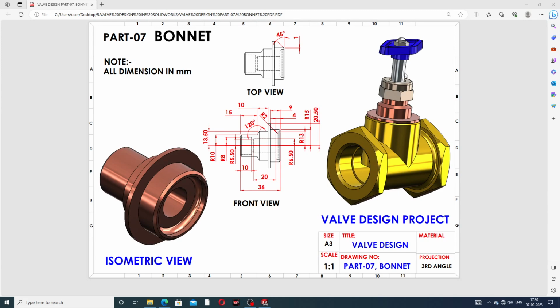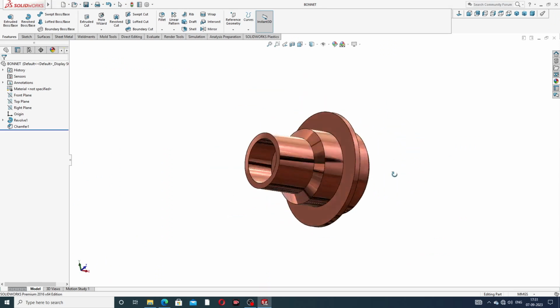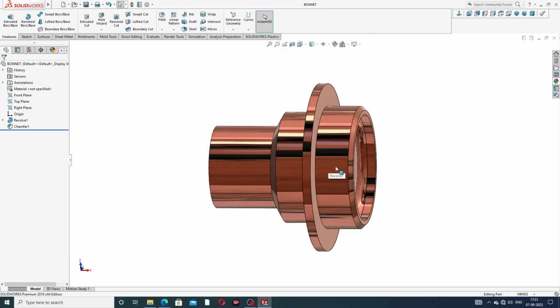Okay, all parts are designed one by one here, and this is a bonnet, and all dimensions of the bonnet are in millimeter. Okay, and this is the bonnet isometric view. Okay, all geometry and all dimensions you can see here easily and clearly. Okay, let's start designing this body. This is the bonnet part, and how this body is designed easily and clearly,